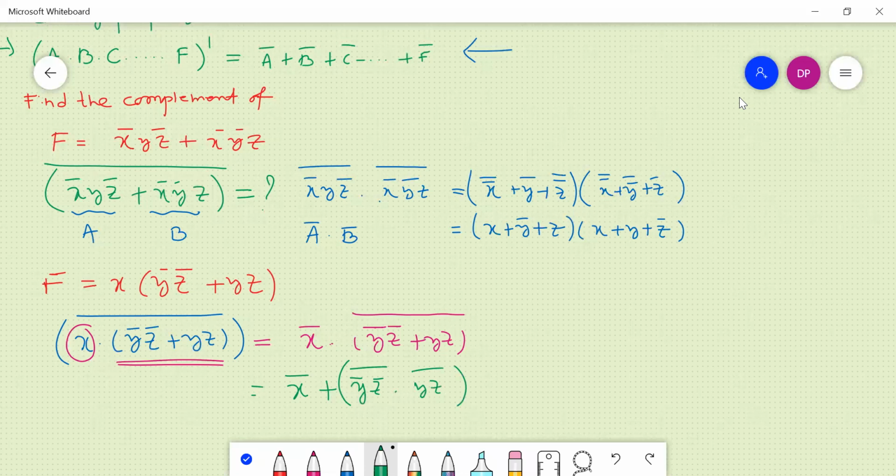Then what we will write? Y bar z bar whole bar. What will be the formula? Y Z or Y plus Z? Y plus Z, sir. Okay, so this can be written as x complement plus, the first one will be y or with z. The second one will be dot, sir. In place of plus, we can use dots. X bar dot YZ all bar. X bar will be as it is.